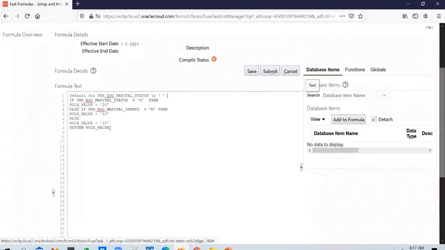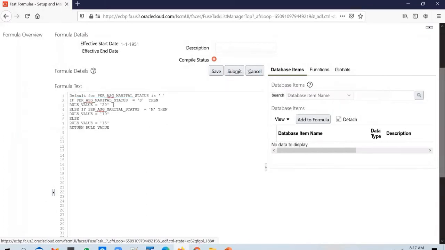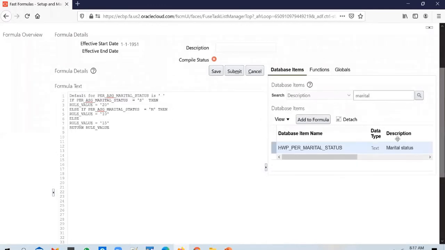All I'm doing here is looking at the marital status database item. In the fast formula, you can search for a database item and use it in the formula. Here you can search for marital status by going to description and entering marital status with a percentage, and that will give you the database items related to marital status.